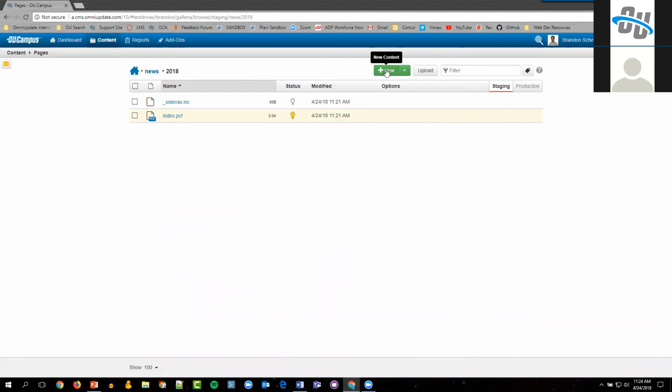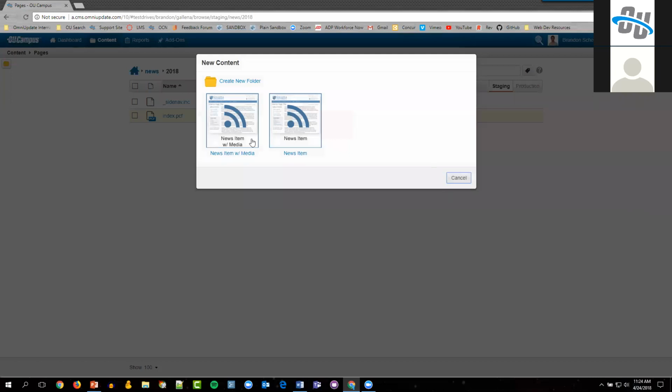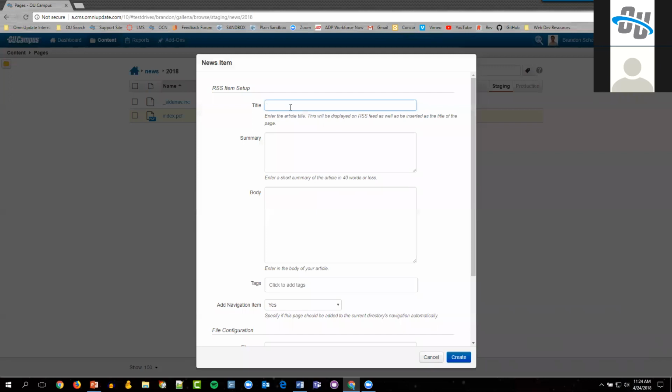So inside of the 2018 folder, I can hit the new button and once again, now I get to create news item templates. So I'll just use the standard news item one for right now. And I'm going to go ahead and just say Brandon makes an item. And just for purposes later on down the road, I'm going to put in parentheses 2018 here,